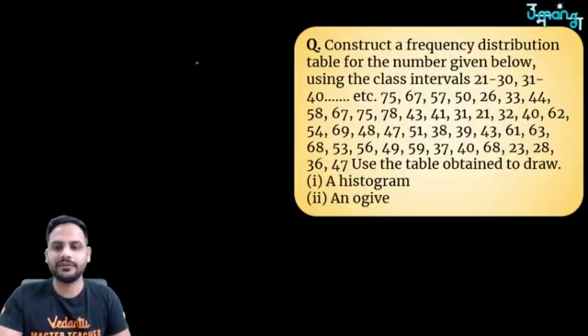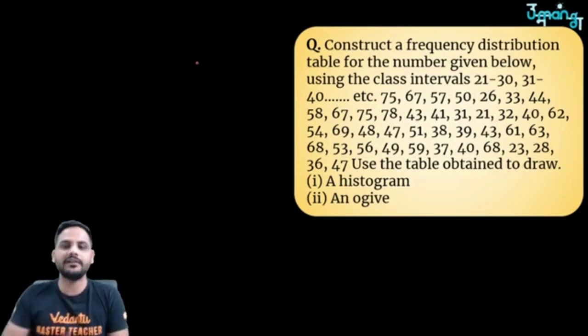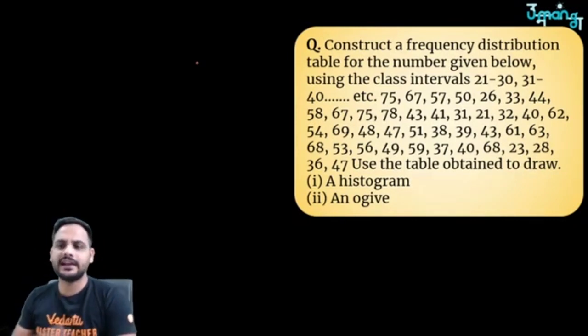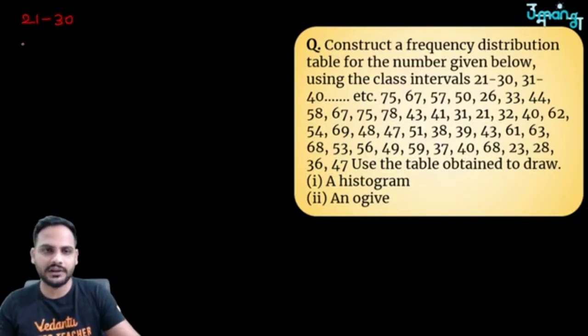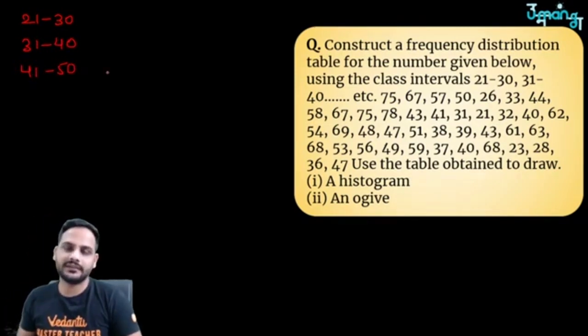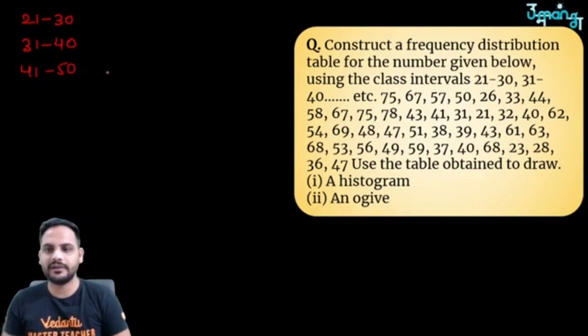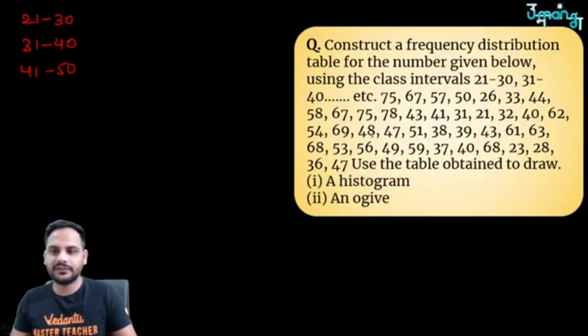frequency. But suppose if a normal table is given, or suppose let us say we will draw a table over here. This data is given over here and they are telling me to represent this data in this form, in this group 21 to 30, 31 to 40, okay, and then 41 to 50, like this. Like this we need to represent. So we will be calculating these values inside this part, and we will be taking these values over here.